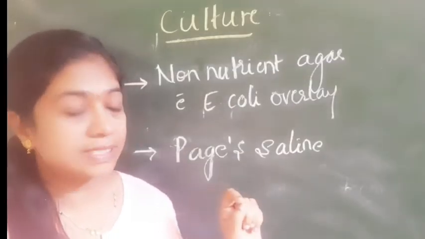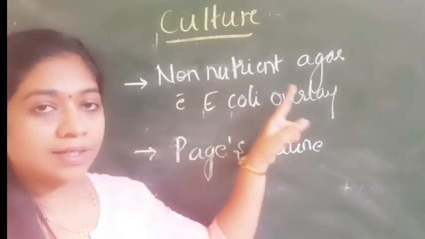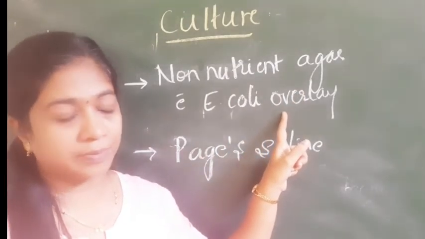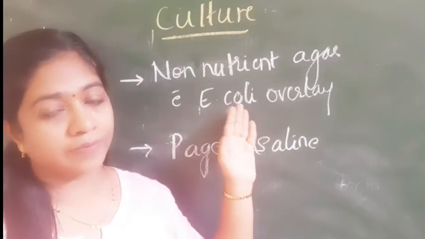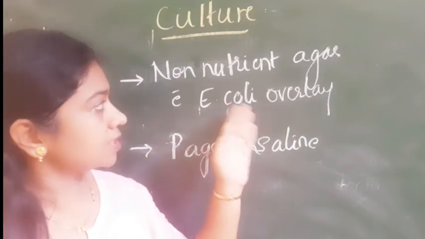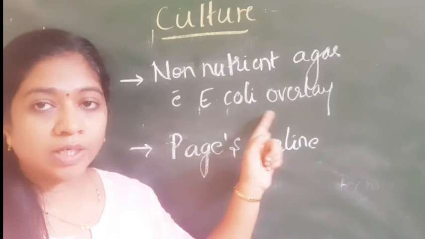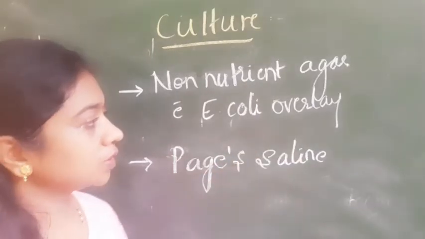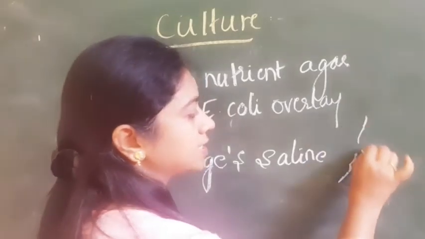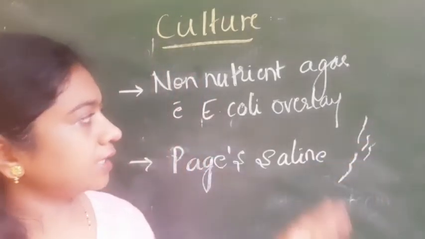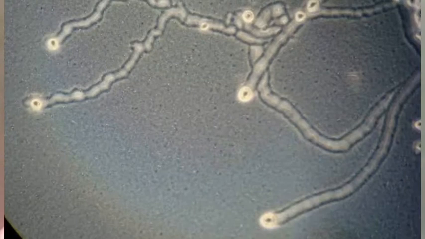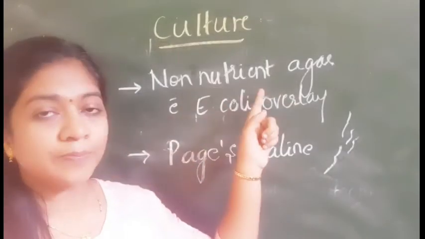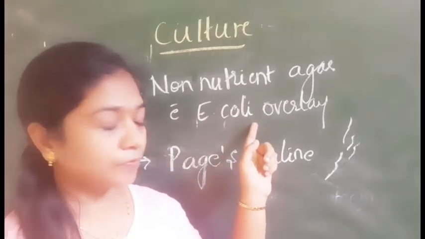When you want to culture this specimen, we use non-nutrient agar with E. coli overlay. This is the medium which is used for acanthamoeba. This is the most commonly asked question in your viva as well as your entrance exam questions. So non-nutrient agar with E. coli overlay. When the specimen is inoculated on this media, the growth will be in the form of tracts, because the acanthamoeba will be eating the E. coli and moving, forming a tract. But there is no growth of other bacterial organisms because you are using non-nutrient agar. That's how the culture growth will be seen.